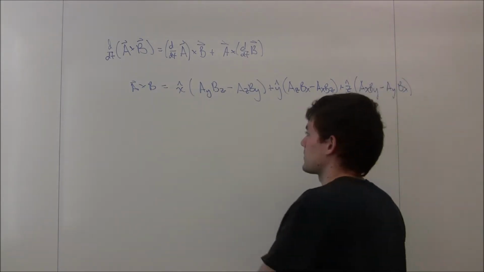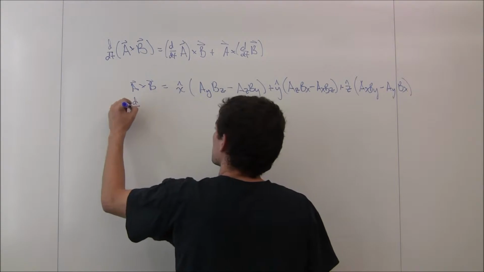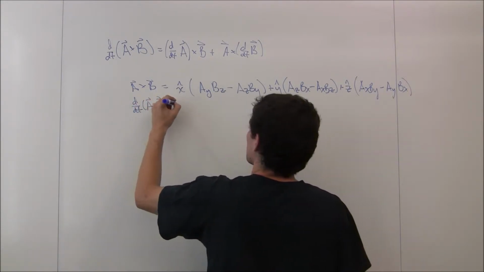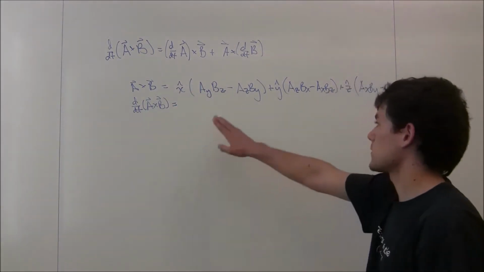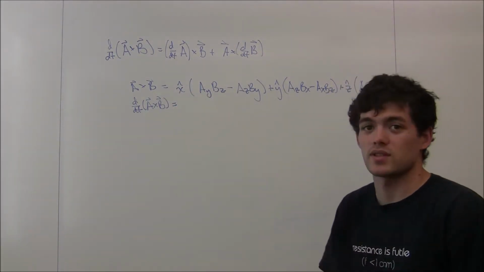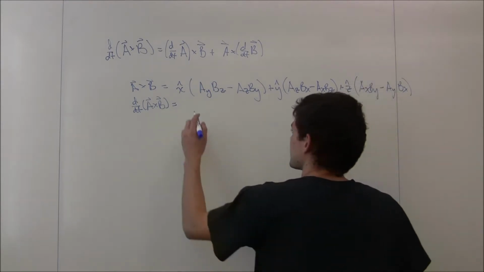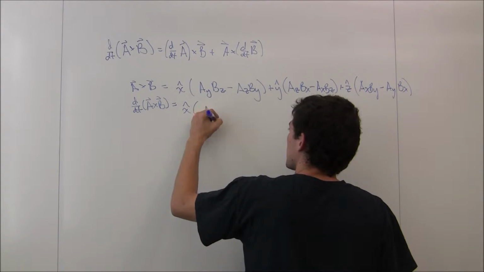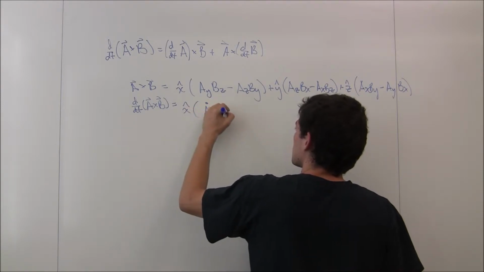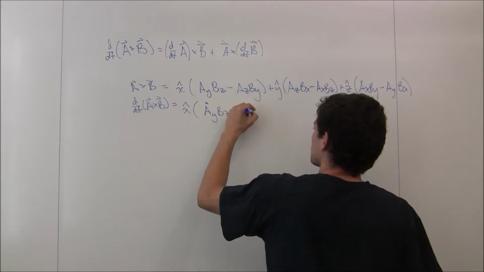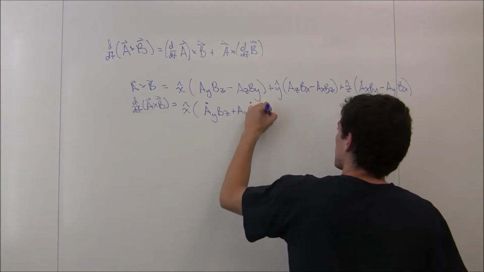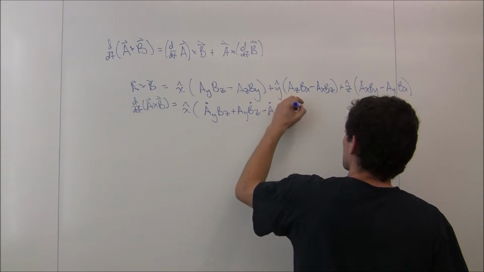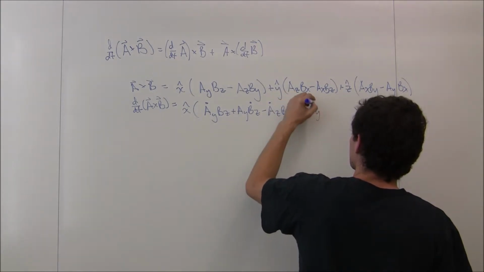So now, of course, we have to take the derivative of this. d by dt of A cross B is equal to... the derivative of each of these unit vectors with respect to time is going to be 0 since they're constants. So we get simply x hat times (ay dot bz plus ay bz dot minus az dot by minus az by dot)